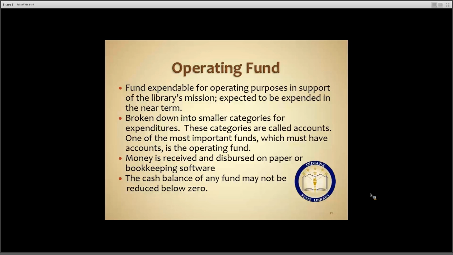Indiana State Library typically sees audit exceptions for where a fund is reduced below zero. This underscores the importance of tracking appropriation balances. Sometimes at Indiana State Library, we see a public library state technology grant fund balance go below zero. Once the balance is zero, broadband invoices are paid from the operating fund or an unrestricted gift fund.